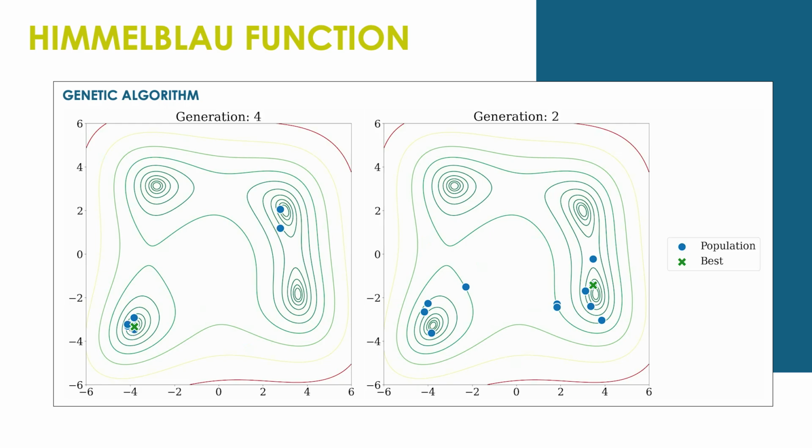Then, let us consider the Himmelblau function and the application of the genetic algorithm. In this example, the same algorithm is applied with 2 different initial populations. It is interesting to notice that the 2 runs converge to different minima, depending on the starting population. In fact, they both correspond to global minima. This happens because standard genetic algorithms are not naturally designed for multimodal functions. In these cases, they tend to concentrate around a single promising region, a phenomenon known as selective pressure, which will be discussed in more detail in the next course.